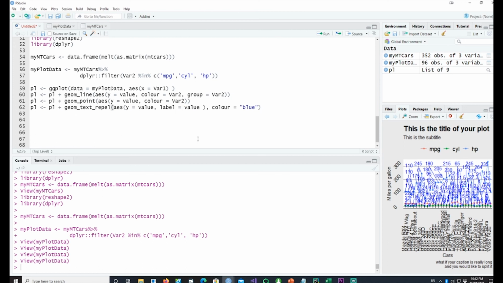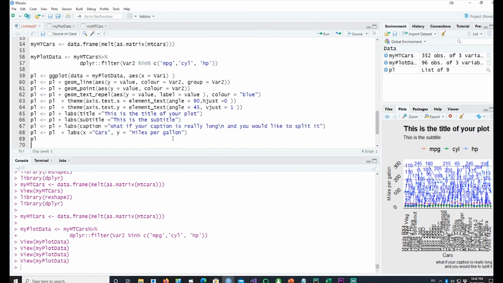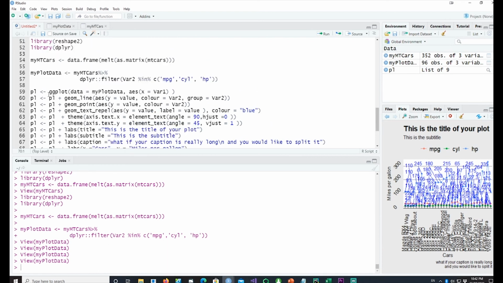So I'll quickly put the geom_text_repel, and I'll bring back all the other customizations which we did in our chart, the angle of the x-axis and y-axis and the titles and the subtitles, etc. So if I run this chart now,